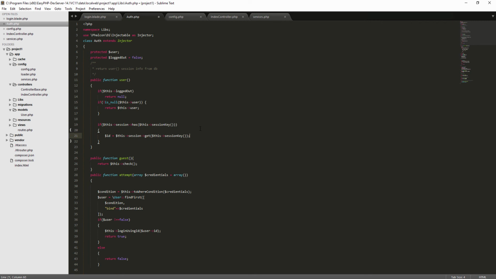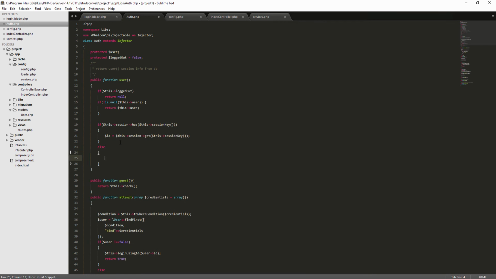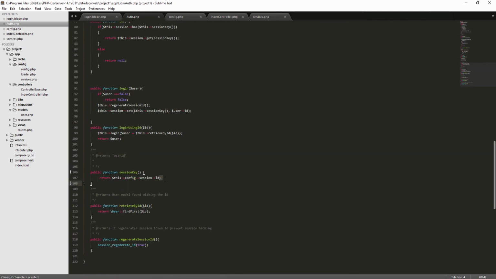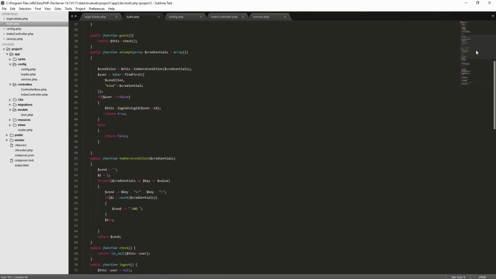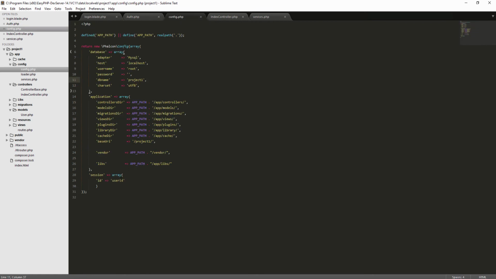Else ID would have been null. ID equals null. So what happens here is that if we get any session key, what session key returns is the user ID. Session key returns user ID from config, this guy,